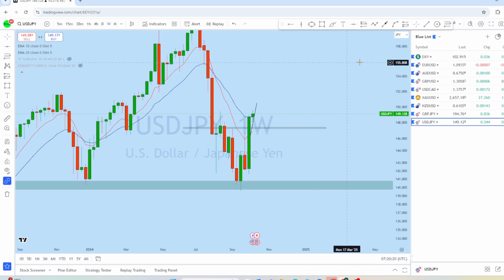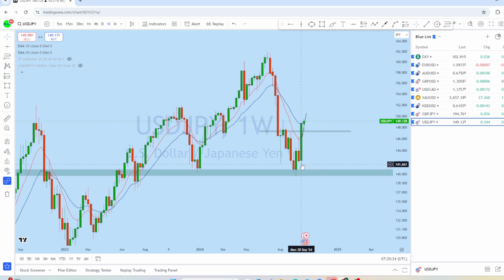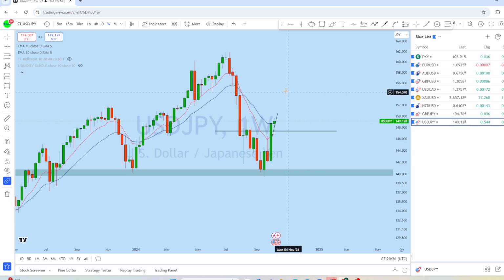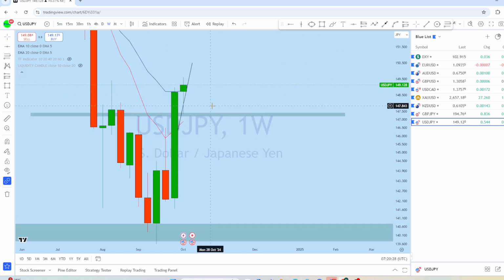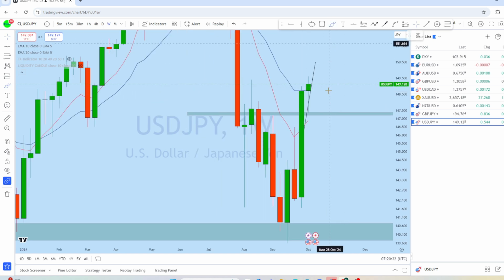If we look at the weekly chart on dollar yen, from the weekly perspective, after the previous strong weekly bullish move, this week we saw a narrow doji formation. And what I think is that the price might try to retest the support, as we can see a strong bullish engulfer followed by a doji, and the market tested this. Still there is a fair value gap here, and we might see the price try to break that fair value gap and then continue to rise to the upside to create a new higher high.